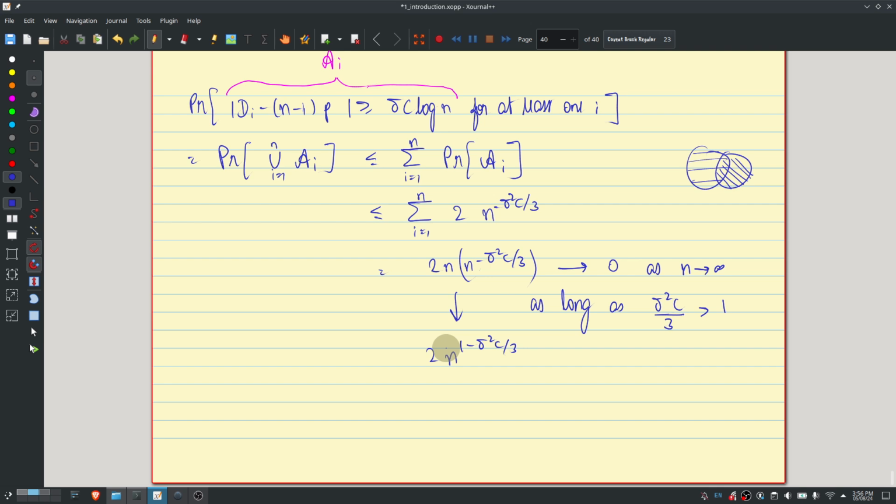So this is a trick that you keep using. In general, when you have a bunch of dependent random variables or dependent events, you try to get some kind of an exponential or at least a polynomially decaying probability bound for each of those events. And as long as the bound is less than the number of events themselves, you can just use the union bound to show that this is vanishing. All right. Any questions?